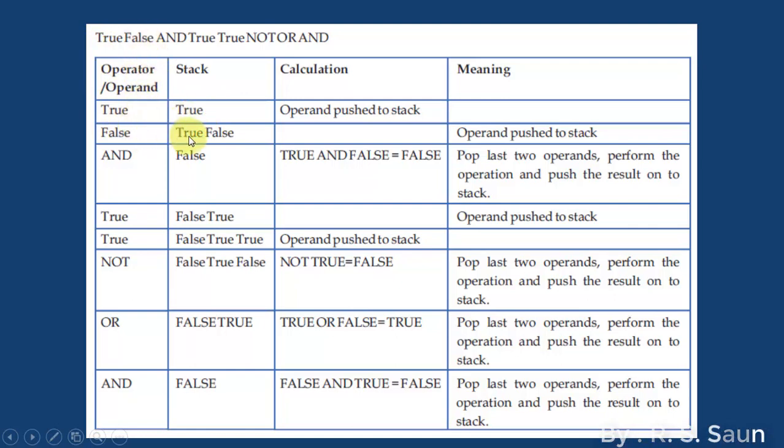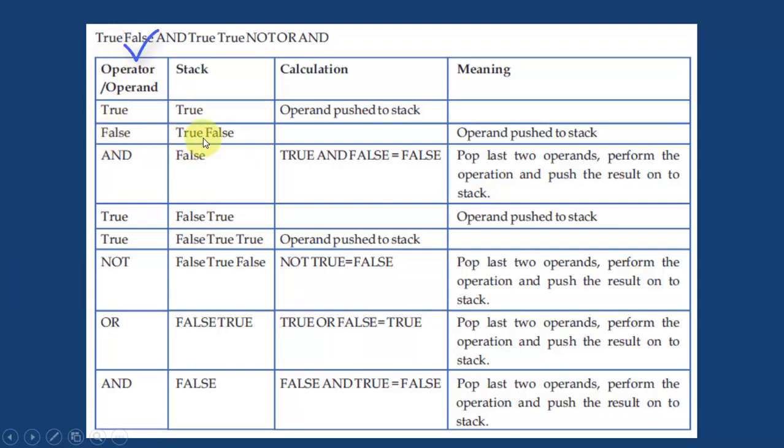Now what you can do, when you are solving in your examination, is write this expression and cut the first element with a pencil. Okay, so this will indicate that you have read it. You will not make a mistake in reading the same element again, or skip an element in this way. So true we have scanned, then false we have scanned, my stack status becomes true comma false,